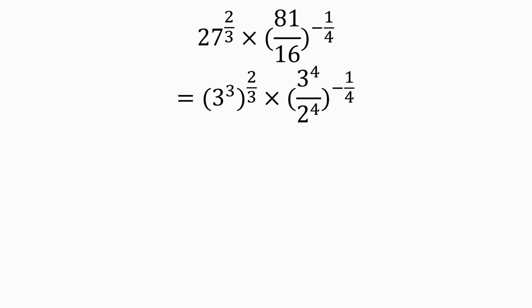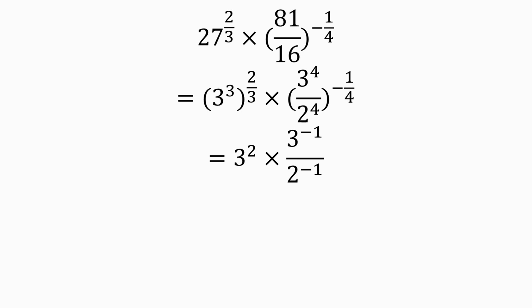Then remember the rules of indices. If you have a power inside a bracket raised to another power, you are allowed to multiply the powers. So we shall have 3 raised to power 3 times 2 over 3. We multiply 3 times 2 over 3 and we are left with 2. Then for the 4 and negative a quarter, you multiply and you are left with negative 1. So we shall have 3 raised to 2 times (3 over 2) raised to power negative 1. Remember, where you have powers, you have to multiply a power outside a fraction. You have to multiply both the